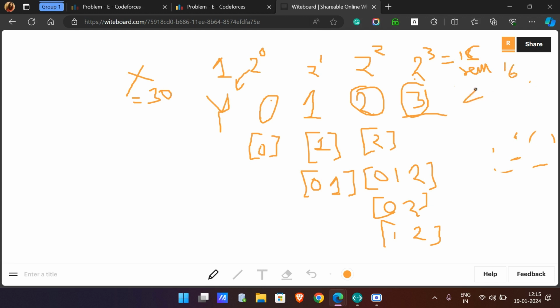because I cannot put 4. If I am putting 4 over here, that will be 16 subsequences that 4 will form. So I cannot put 4 over here. It means the value of X is something lesser than 2 to the power 4. Like 2 to the power 4 is 0, 1, 0, 1, 2. So the value of X is something that can be created with the four